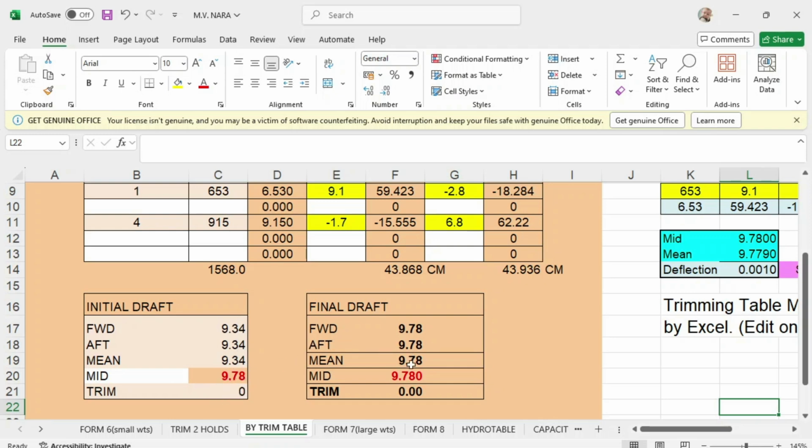And this will be your final departure drop, 9.78 forward. Up is 9.78. Main is 9.78. Mid is 9.78. Your departure mid, so your zero trim. And this will be your